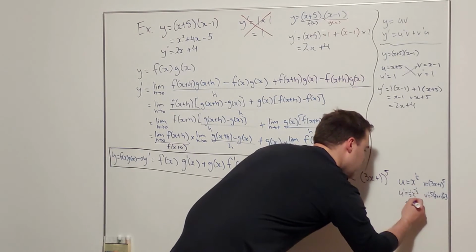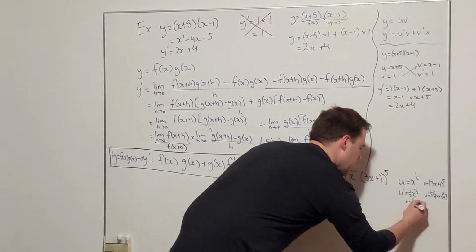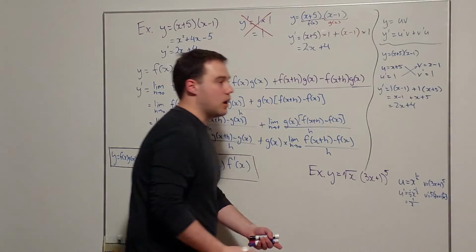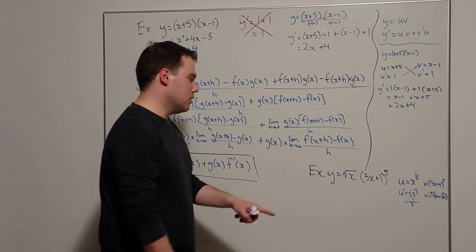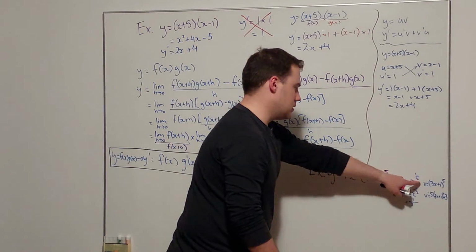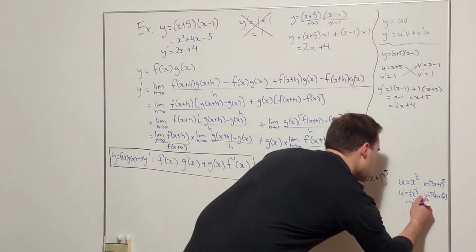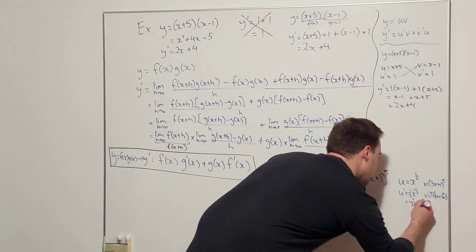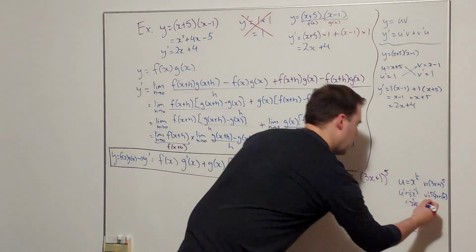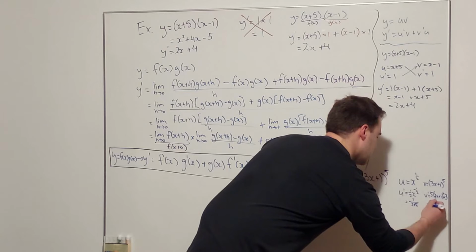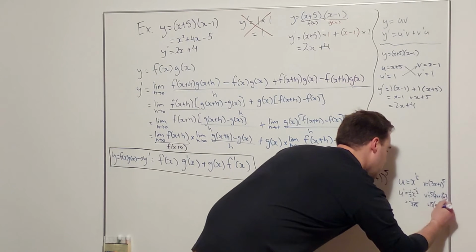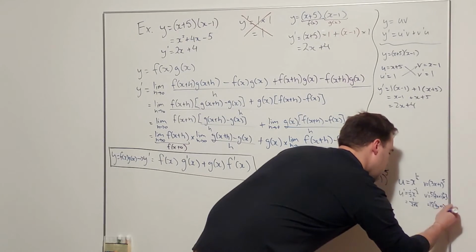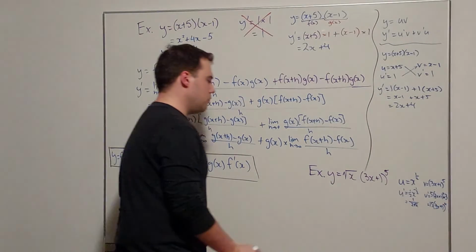Hopefully you've come across this one. 1 on 2, and then actually the negative half. Negative will become a positive power down in the denominator, and just like root x went to x to the half, it will become root x. And this one over here, we can just do that 3 times 5 is 15. Okay, so